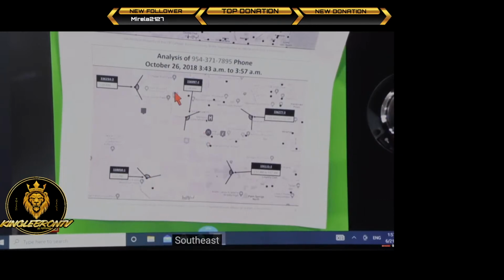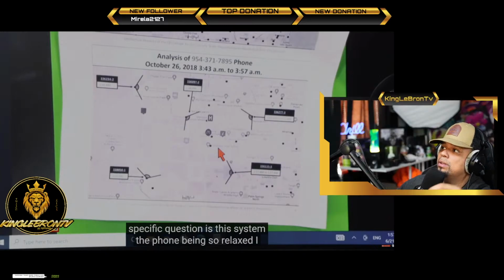So my conclusion would be that this data, which it's hard to form a conclusion from because I don't have the distance information I want, is generally in Miramar. We know that, right? It's not in Fort Lauderdale or Miami. It's probably somewhere in the middle of all these towers. So if I'm asked a specific question, like, is this consistent with the phone being in Silver Lakes? I would say yes. Is it consistent with the phone being in McDonald's?